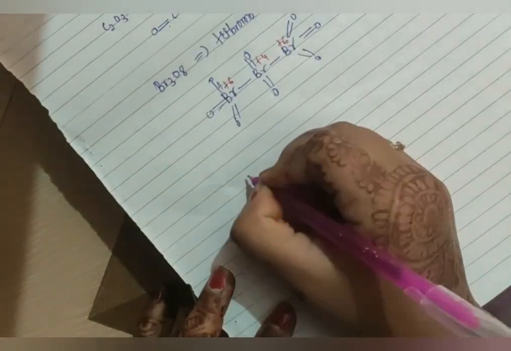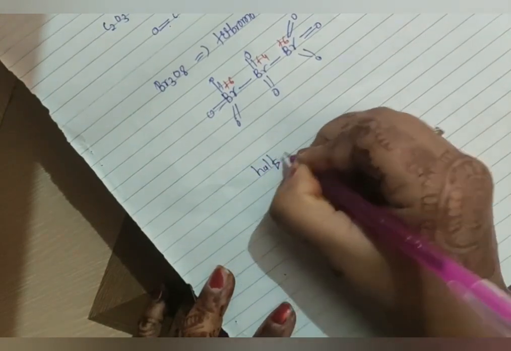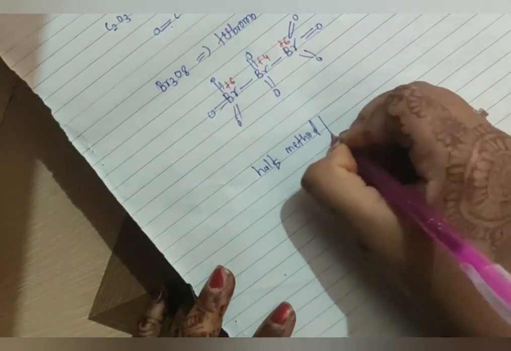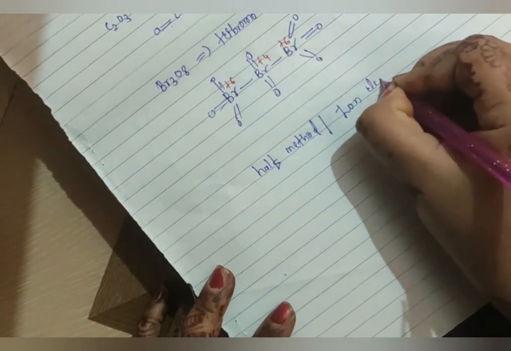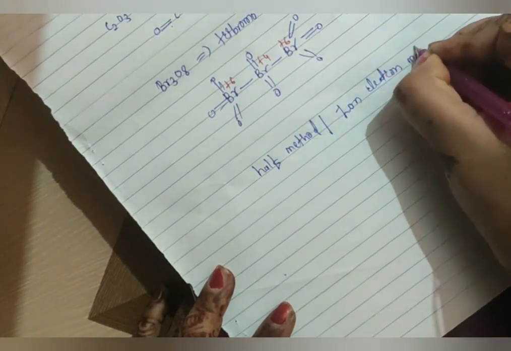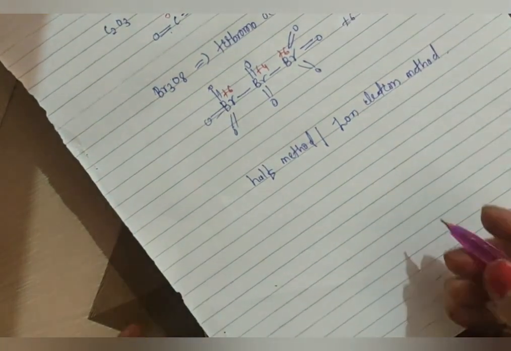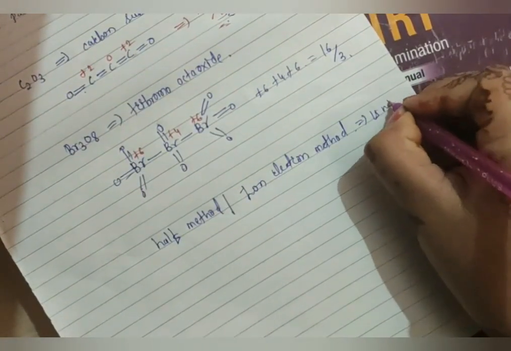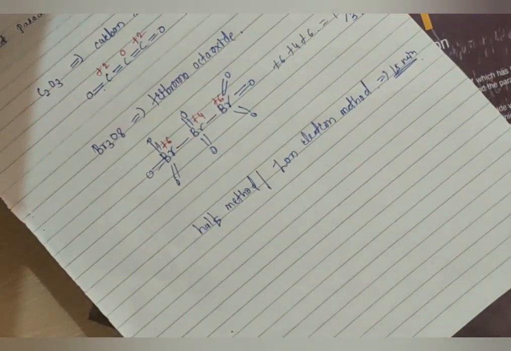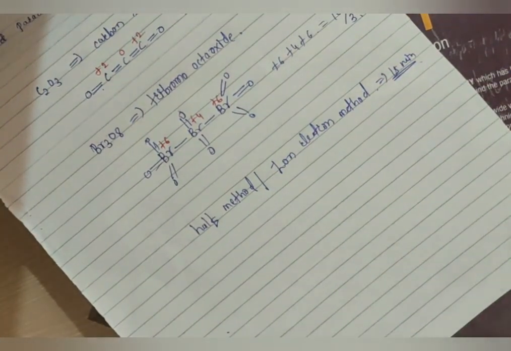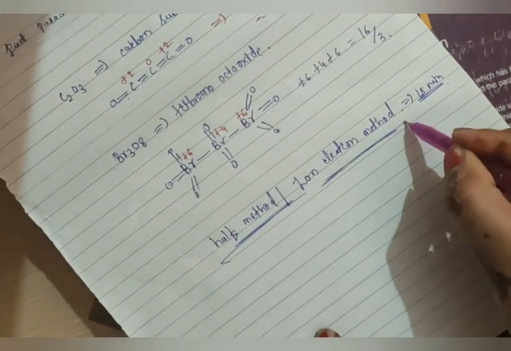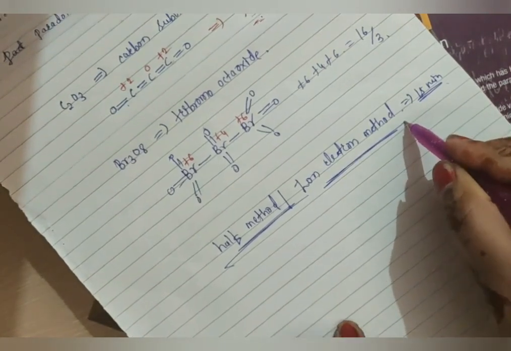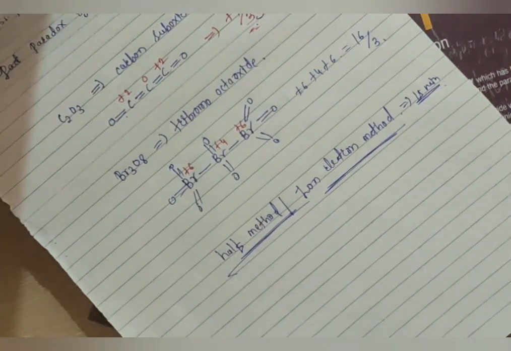The only thing remaining is balancing the redox reaction by the half reaction method, also called the ion electron method. Hardly does this method require any time, hardly 15 minutes. So at some time I will make the video on the half electron method, or the ion electron method, and I will send it after 4 o'clock. I hope you understand this whole topic. Only the half method remains, and how we can balance the reaction using the half method, I will tell it. Don't worry, it hardly requires 15 minutes.